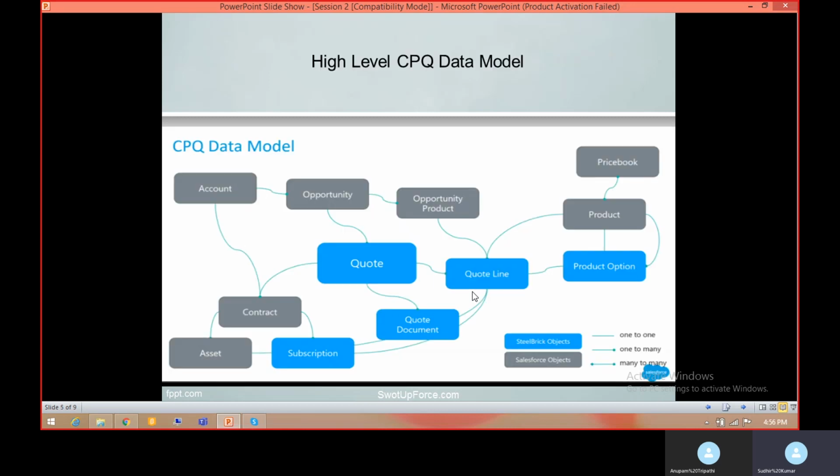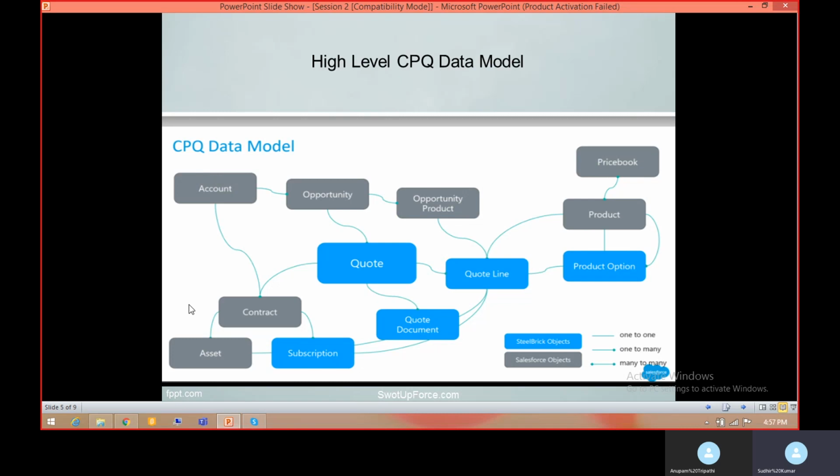So first thing, let's discuss the high level CPQ data model. Here you can see the data model of CPQ, where you can see the names of the objects like account, opportunity, product, price book, quote line, product option, quote document, subscription, contract, and asset.